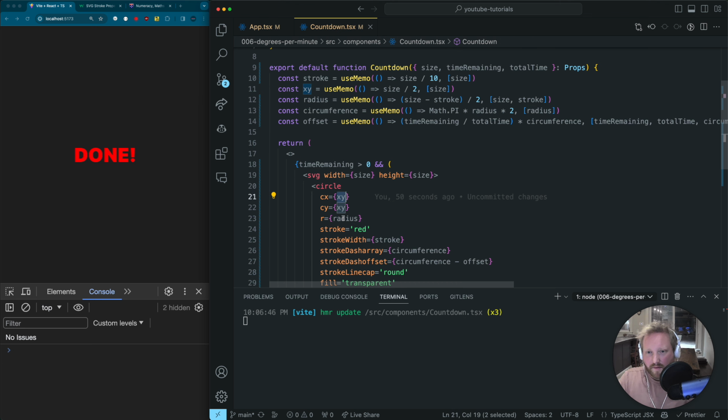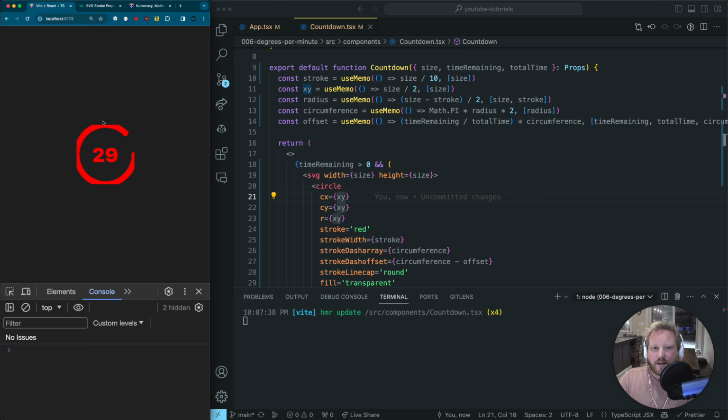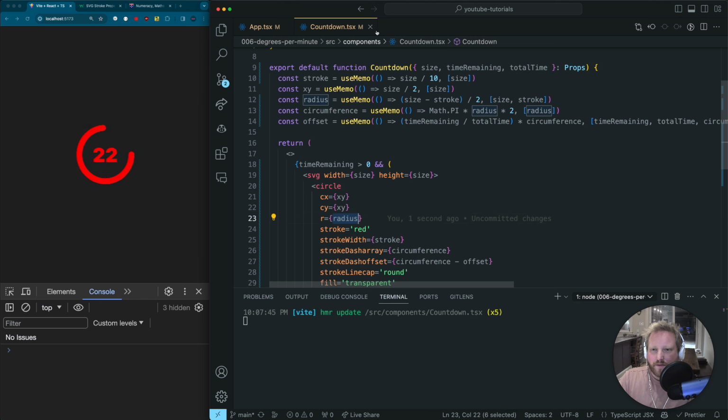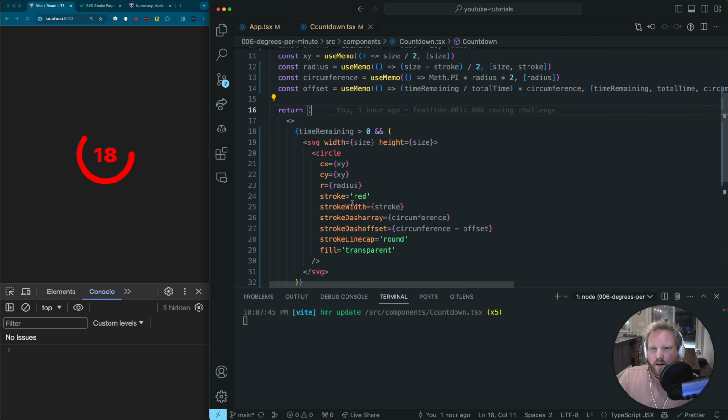So once again, if I set the radius to just size divided by 2 and I save and refresh, you see that there is some clipping on the edges depending on how thick my stroke is. And we can remove that if we subtract it before we do the division. Stroke color, I don't think that matters at all in this particular case. It could be yellow, it could be whatever. Stroke width,